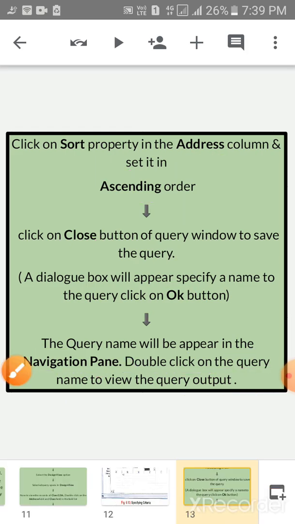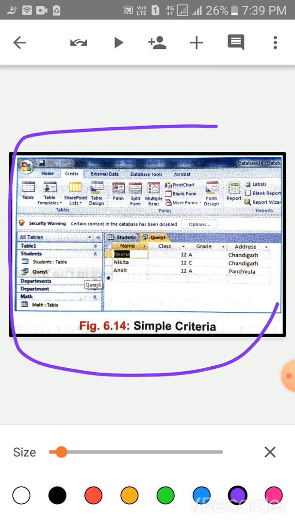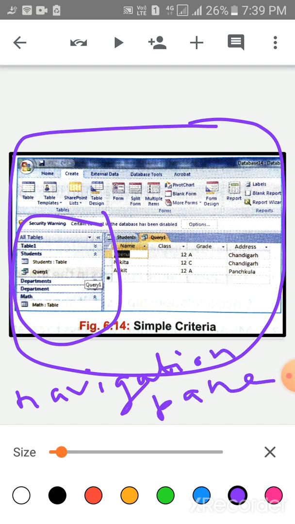Okay children, look at the screen. This is the simple criteria. This is the navigation pane, available at the left hand side. This is the query you have to select.